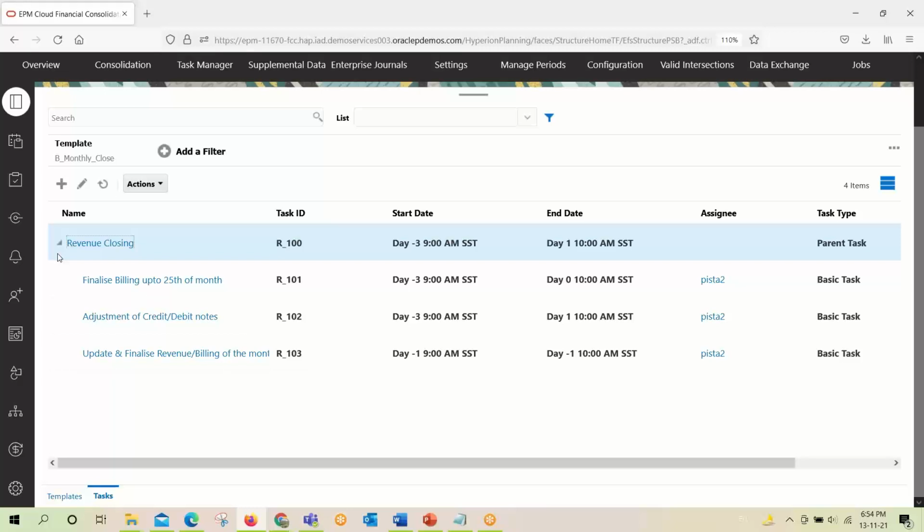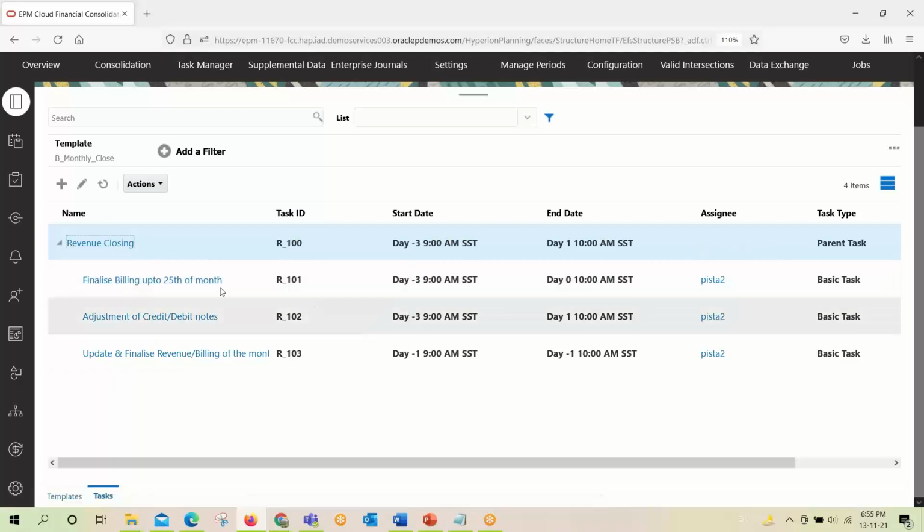so that the figures are available by the end of the month. If it is not possible by the end of that month, because maximum billing and maximum revenue generally come in the last 2 or 3 days of a month, they have to plan their activities in such a way that the figures are readily available for the management by the end of the month. So that's why we are creating this task manager and have assigned the different durations, which we will see now.